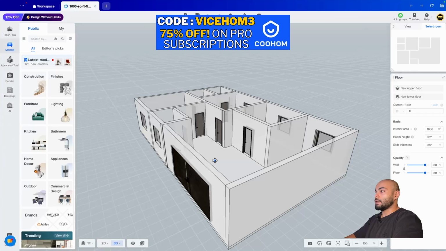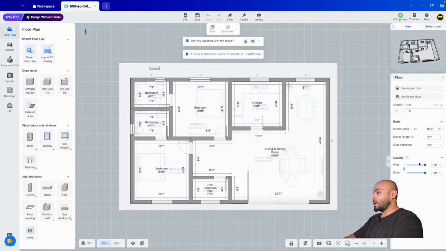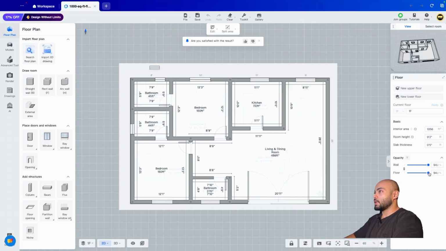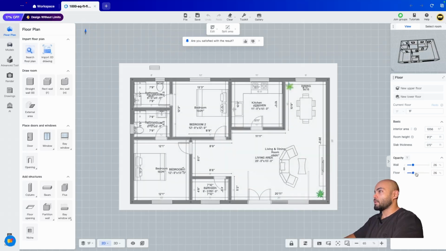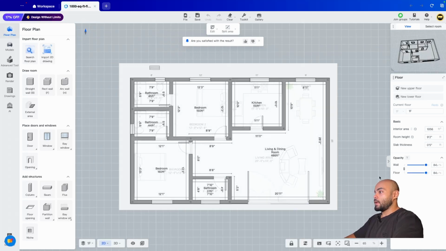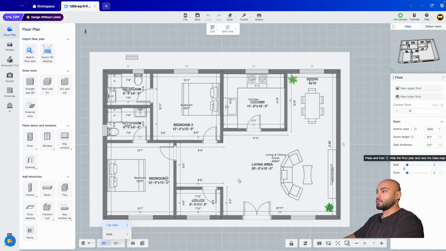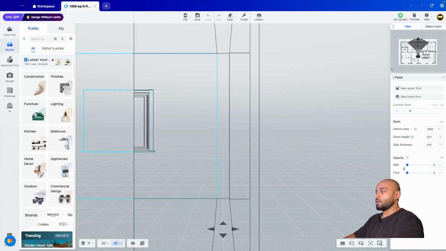On the left side, you have the floor plan panel and you also get to see on the right side over here where you can adjust the opacity of the drawing that was created by Coohom and your actual floor plan. So you can see that it has pretty much recognized the entire space except for this door. It thinks that it's a very large open door, but that is something that we can adjust. So this is why a lot of time is saved and now you have a pretty accurate space over here. If you want to see a 3D view or a walk view,